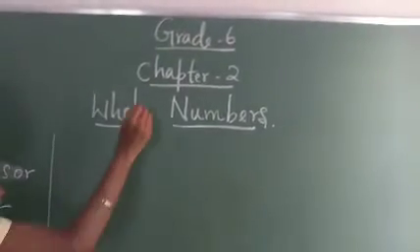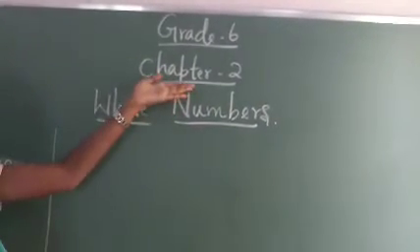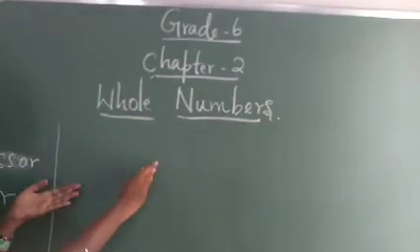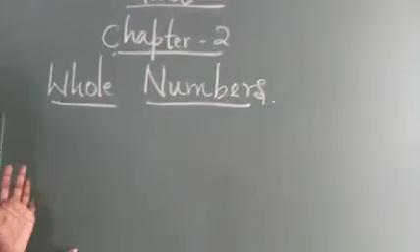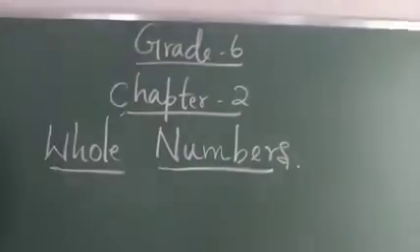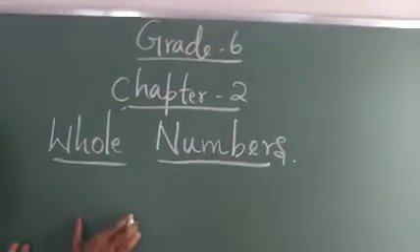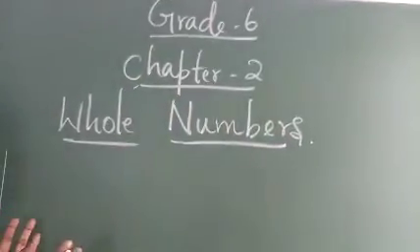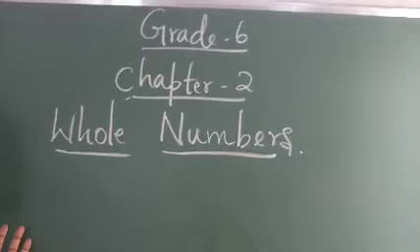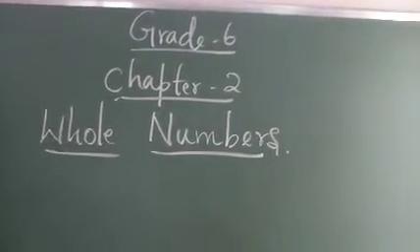So now we are going to see the second chapter, the whole numbers. In natural numbers and whole numbers, you came across these in your lower classes itself, but here we are going to see some main properties of these whole numbers. Before going to see these properties, you first see the outline for the whole numbers.